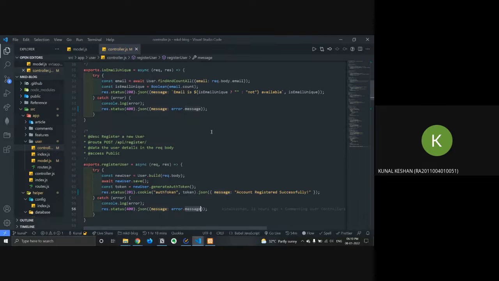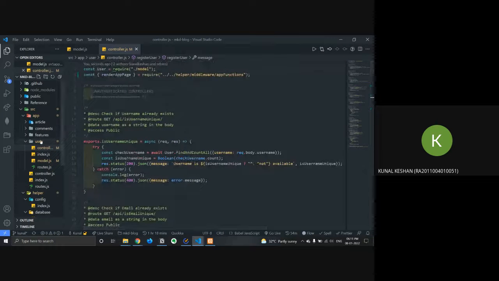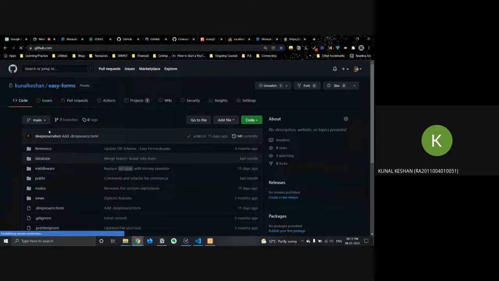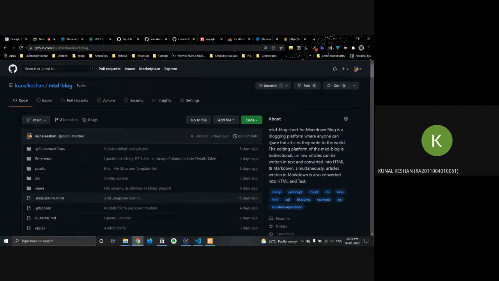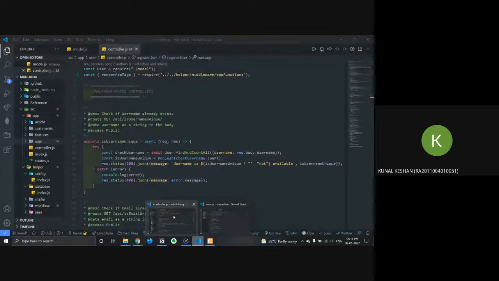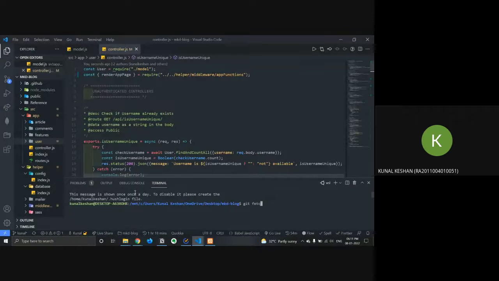We still have to test this all out. I will push this all to GitHub. What you can do is go to your GitHub, not to my MKD block, but the one that you forked, and it will show fetch upstream. Once you do the fetch upstream, come to your local MKD block and just do a git pull. Else, you can just do a git fetch as well because it's a forked repo, so it will pull the changes from my repo.